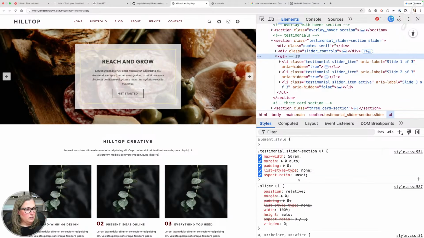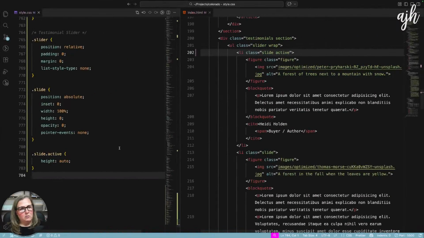So it does have some other position relative, does need to have also a height auto.